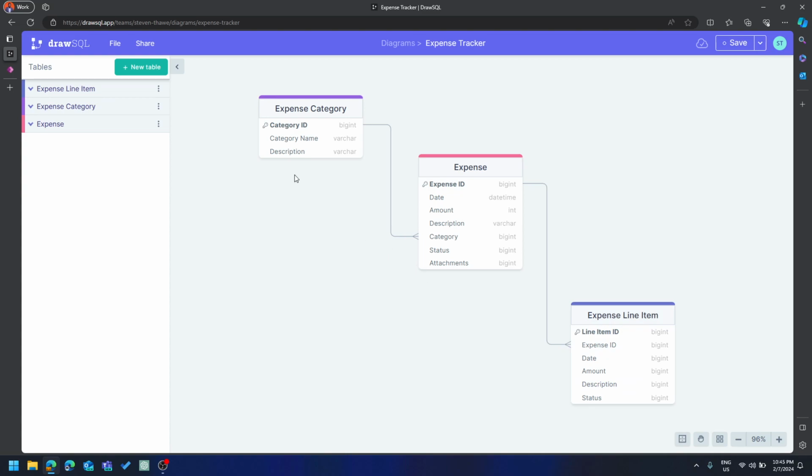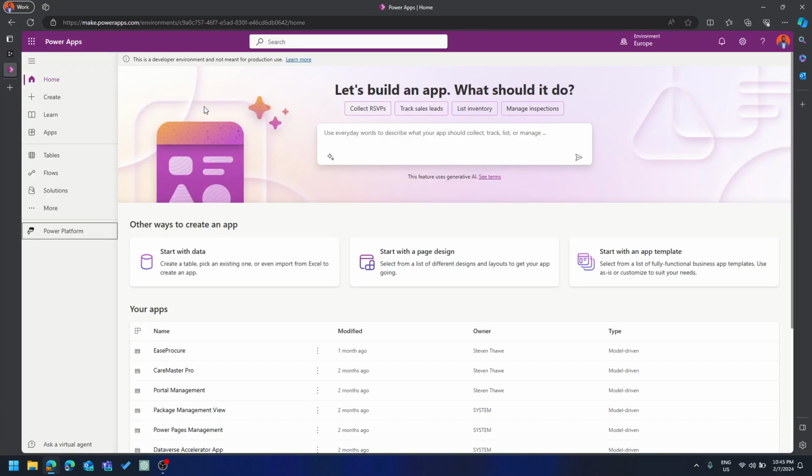Okay, without further ado, I'll just go back to our Power Apps window over here. So I always advise people to utilize a solution when developing applications, mainly these Power Apps applications, because it makes it easier for you to manage all the assets that are included within that application, maybe the dependencies and so forth. At the same time, when you want to migrate it from the development environment into the production environment,